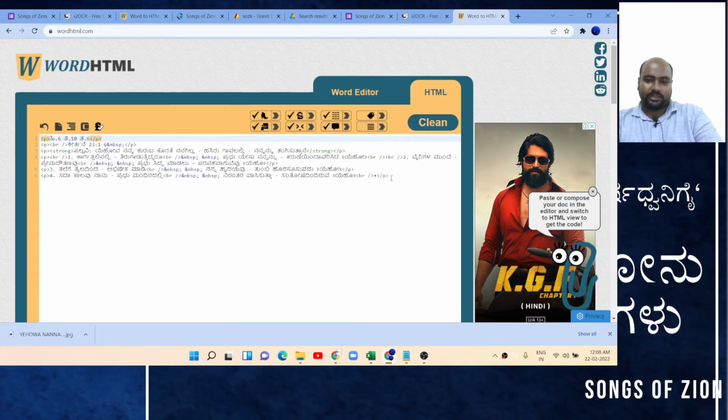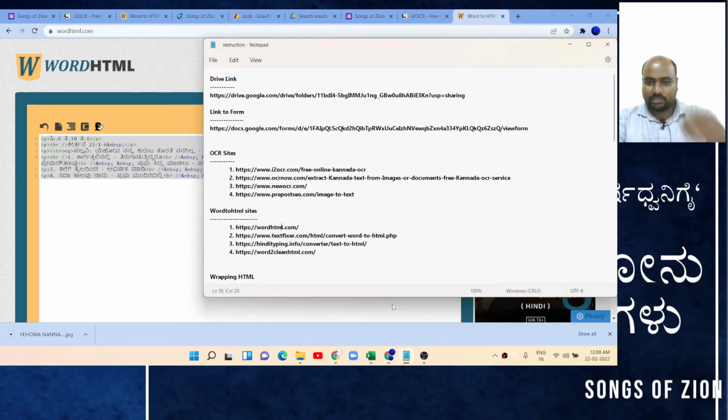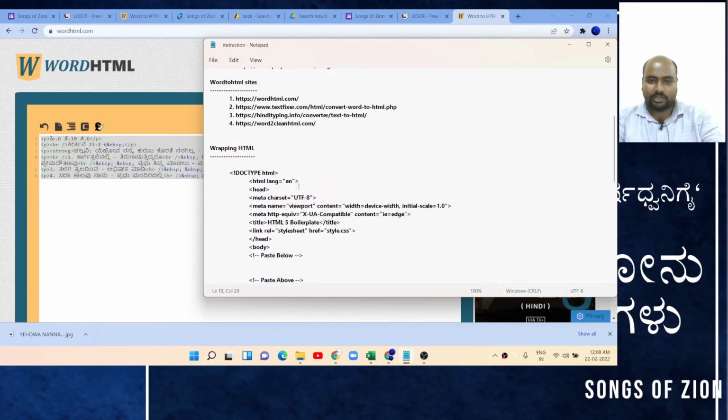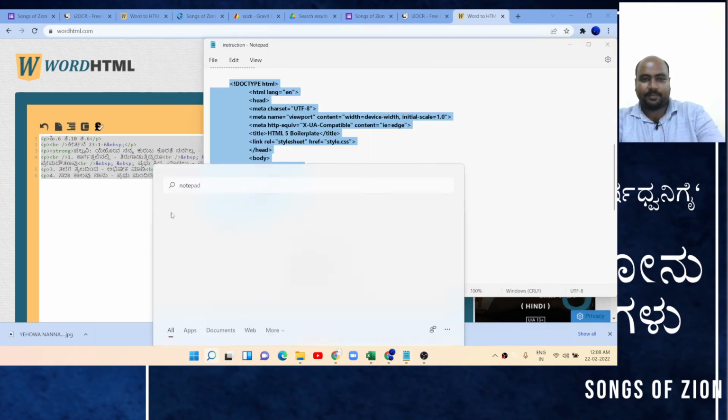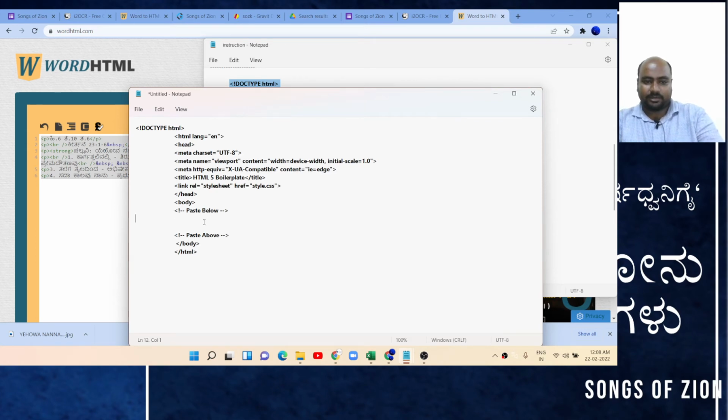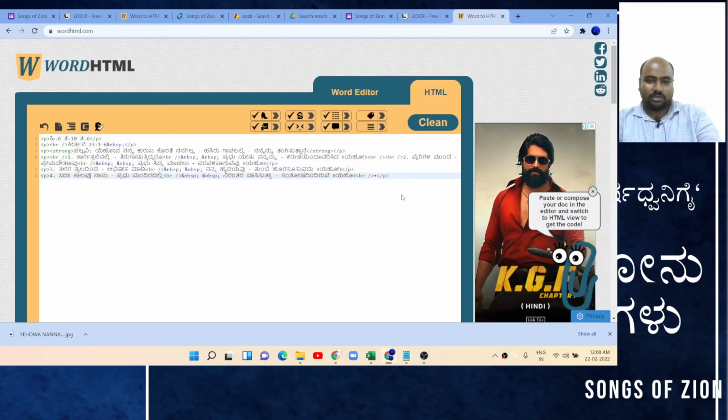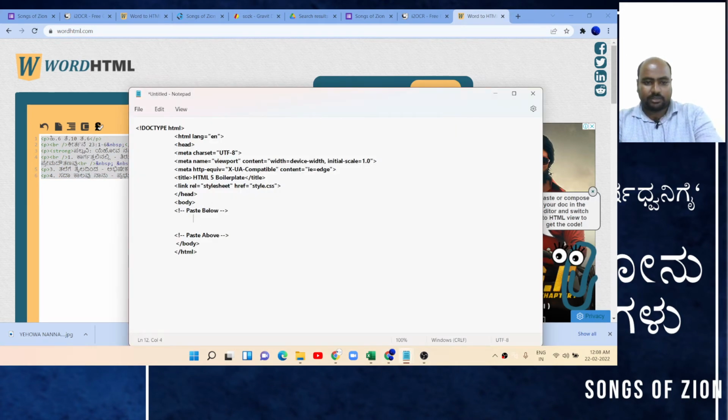The file that we get here is a little raw. This will have to be converted into actual HTML, for which I use this. This is already here. I suggest open a notepad. You don't use this. Open a new notepad and copy this code over there. So copy and paste the code here. Paste the song here in between this, and don't touch any of this. It will mess up the alignment, or basically the UI of the song. So this is HTML. Copy and paste it here.